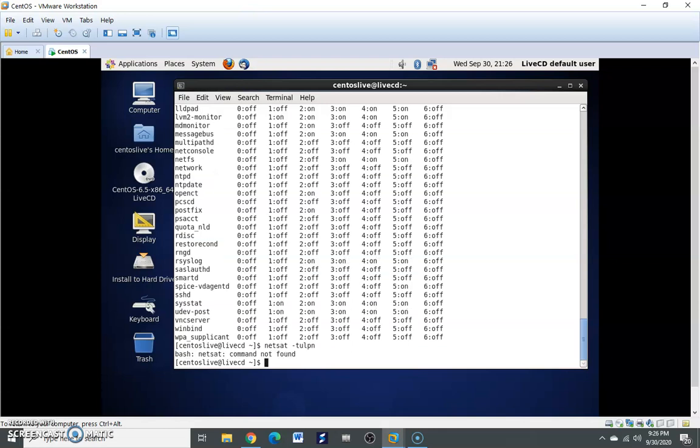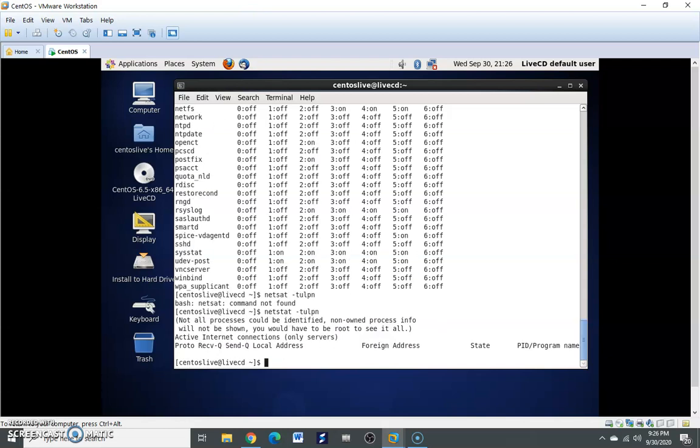Netstat will display, but not everything will be shown, you would have to be root to see. So for that purpose I use sudo.